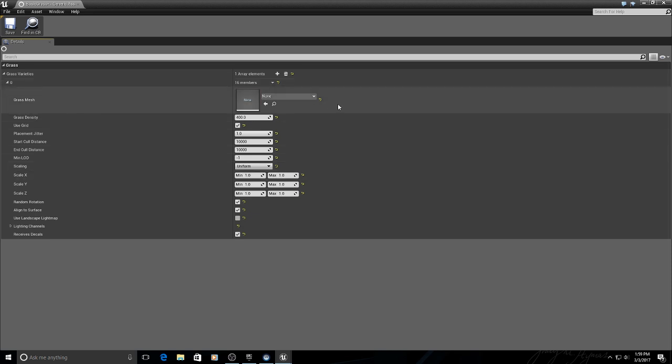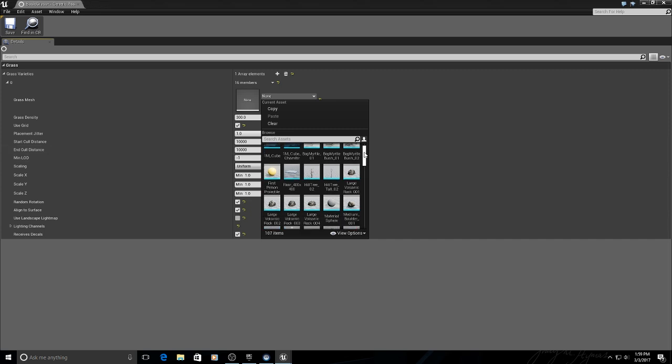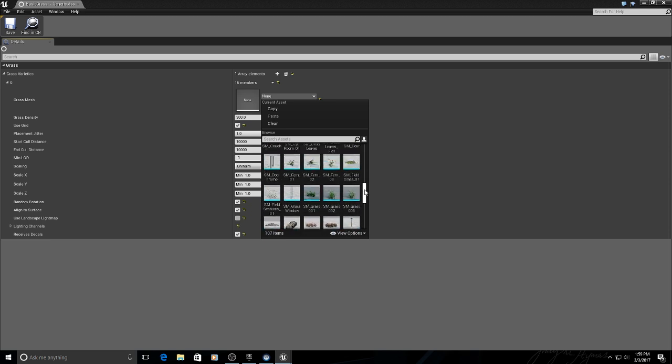Now, before you go off looking for your mesh, make sure you adjust your density first. I'm going to take that down to 300. Now I'm going to find my grass type. I've got the foliage package loaded, so down here somewhere I've got this guy here, and I've also got these guys. These are actually from a third party, but I'm going to use this one,